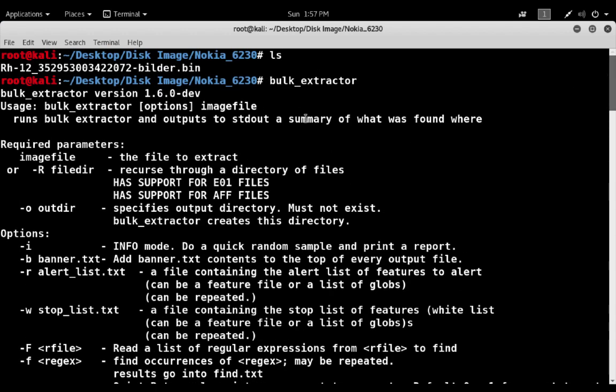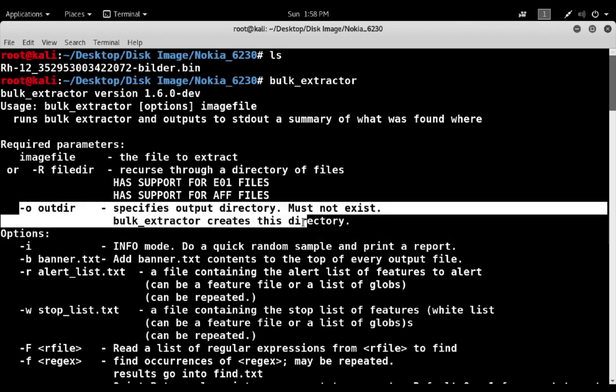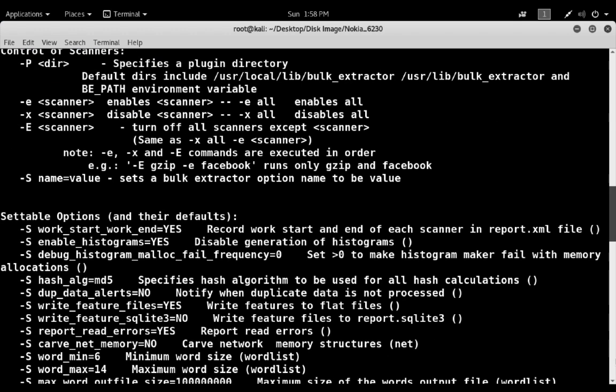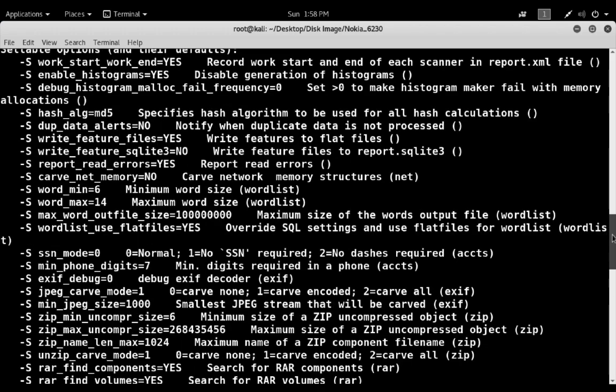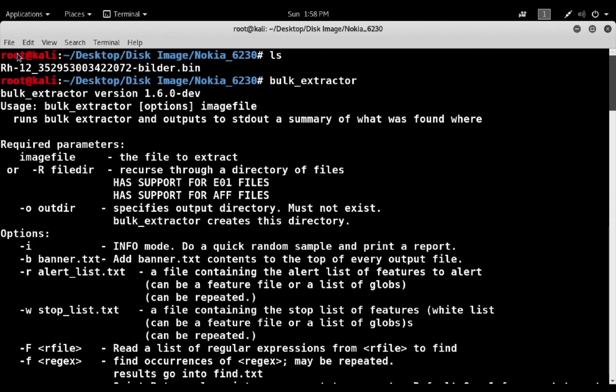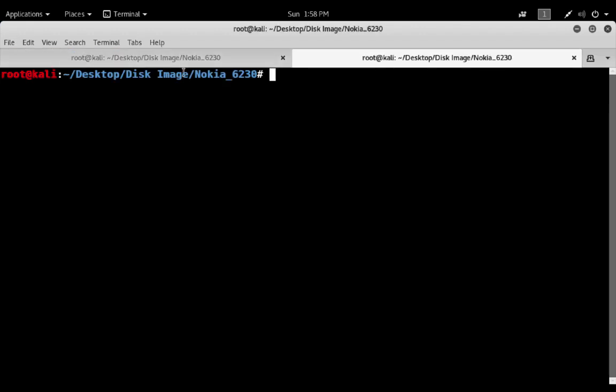In this tutorial I'm going to use the output directory option. So I will use hyphen O, and I will extract all the data into a single directory. Let's do it right now. Open a new terminal and do ls here.